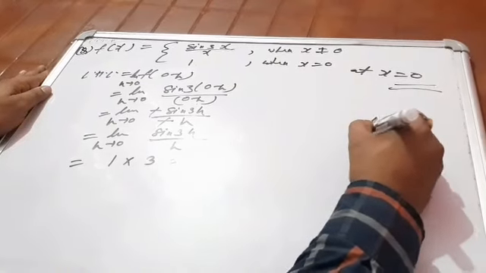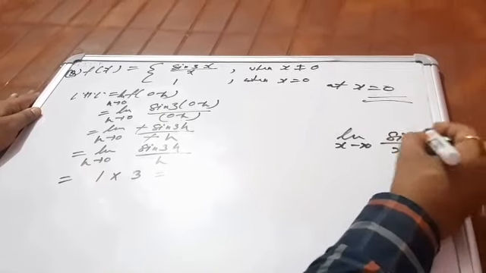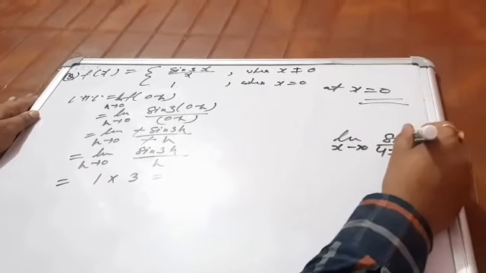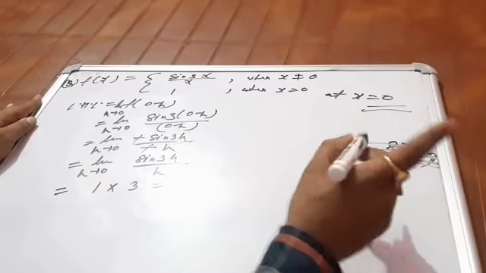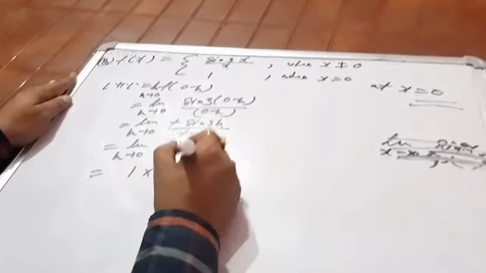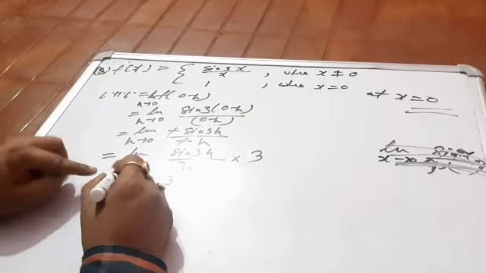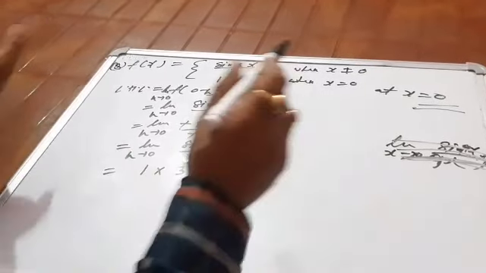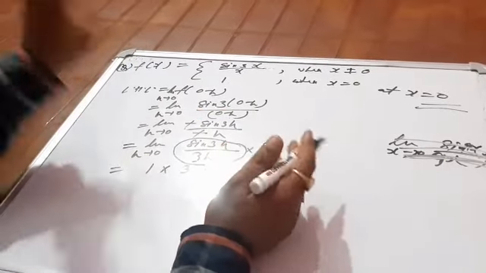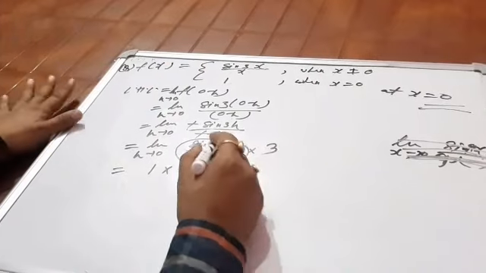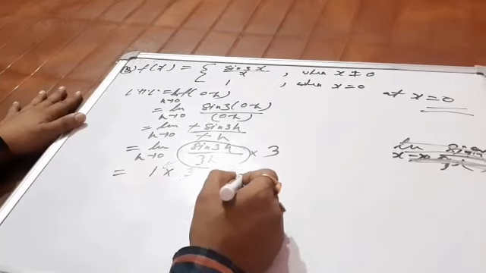Now you know very well how to solve this. You are going to use the formula of the limit sin x by x. If somewhere it is 4, you multiply here 4 by 4. If it is 9, you multiply 9 by 9. Remember the limit case? Now here we multiply by 3 for adjusting. If you want to change the limit, change it, otherwise no need. You know if h tends to 0, surely 3h tends to 0, so no need to change here. Then sin 3h by 3h gives you 1 into 3, the value is 3.